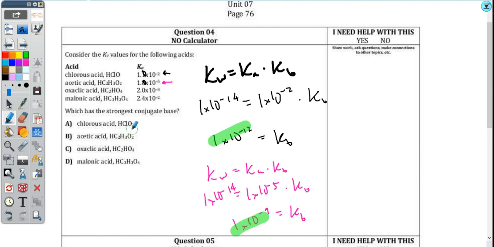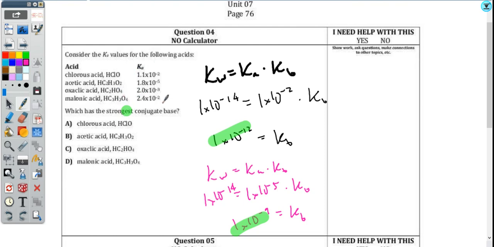And we're not trying to say that the base is strong. We're trying to identify which is the strongest, right? And so you're looking for the one that's going to have the largest Kb value. So do I have to do all this math and make all this estimations? No, right? All you have to do is recognize how this math works. And if you do, then you recognize that whatever Ka is the smallest, the corresponding Kb will be the largest,